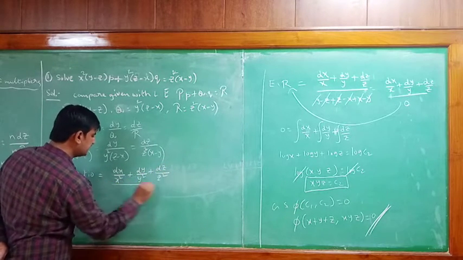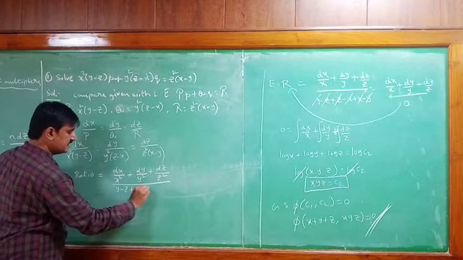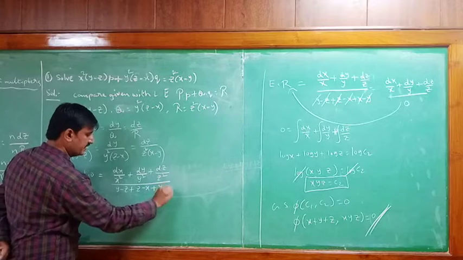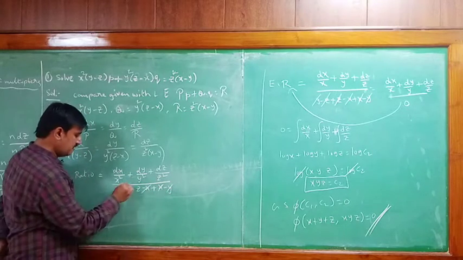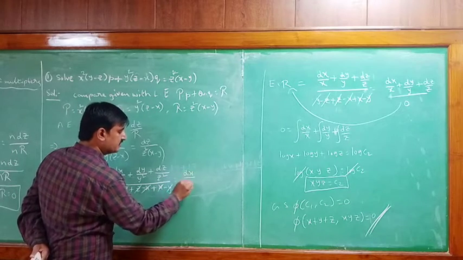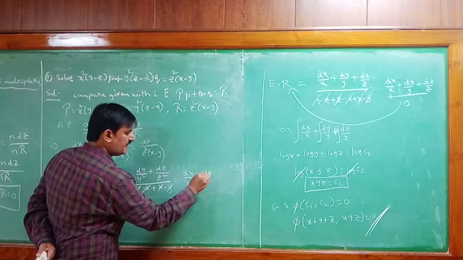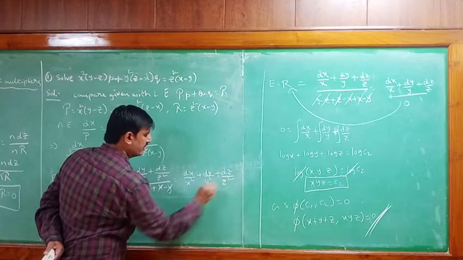So what is my leftover part? y minus z plus z minus x plus x minus y. So plus y minus y got cancelled, minus x plus x got cancelled, minus z plus z got cancelled. Therefore this is equal to dx by x square plus dy by y square plus dz by z square, divided by